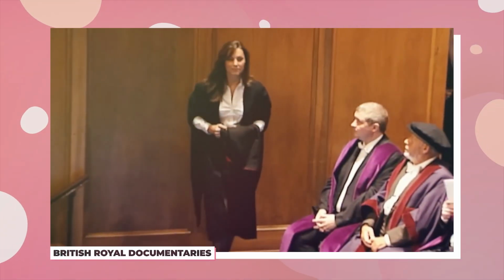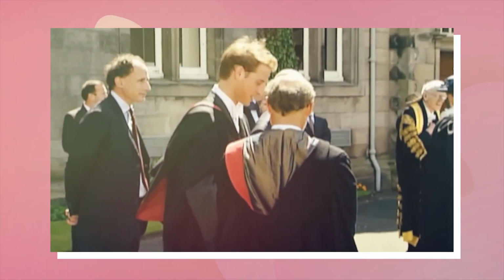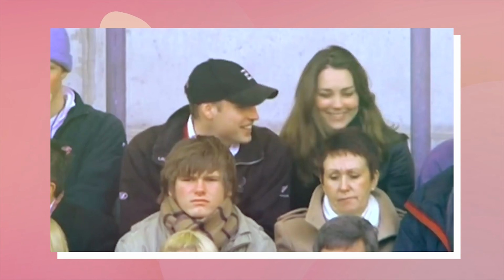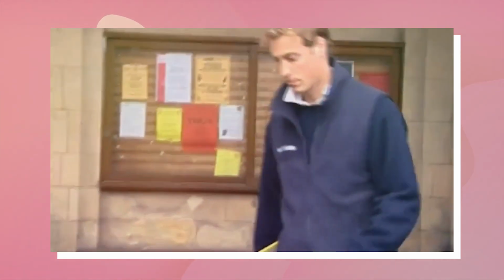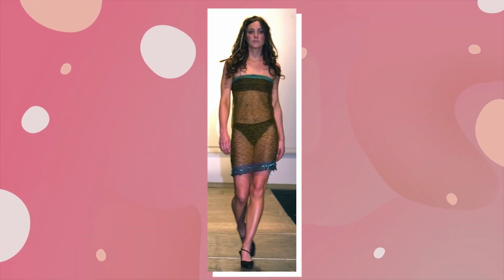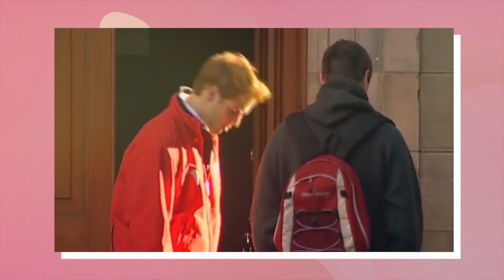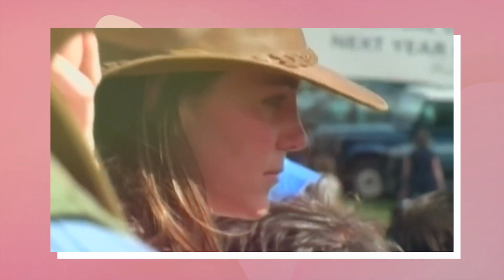Number 8. Kate's charity catwalk dress. Before there was Catherine, Princess of Wales, there was Kate Middleton, a 19-year-old student who went to the same university as Prince William. The future king and queen met while living in the same residence, but things didn't turn romantic until William saw Kate wearing this barely there sheer dress at a student fashion show fundraiser. Something tells me the queen would not have approved. But William did, and when he saw Kate on the catwalk, he turned to his friend and whispered,